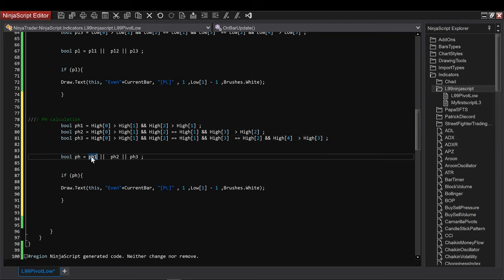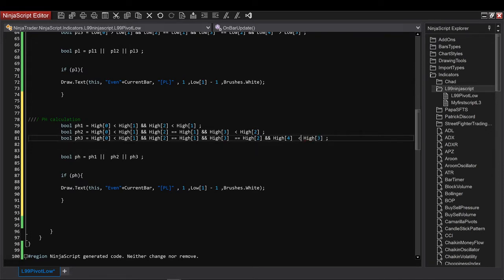Then I have these pivot highs. I need to change the sign. Of course, it's all reversed, because it's the flip side, so you flip your head and you flip the signs.